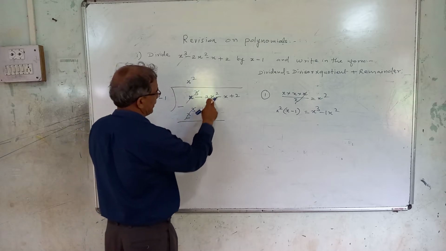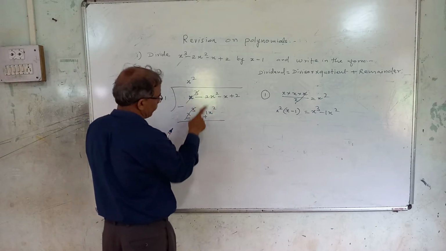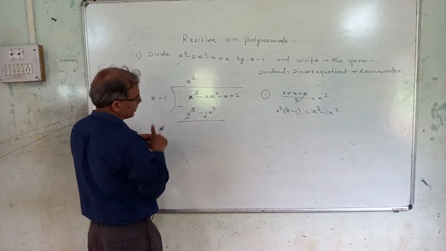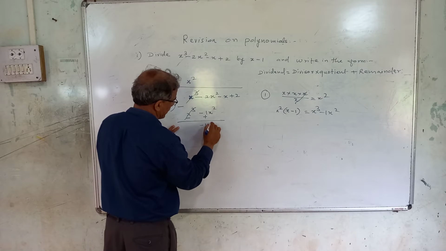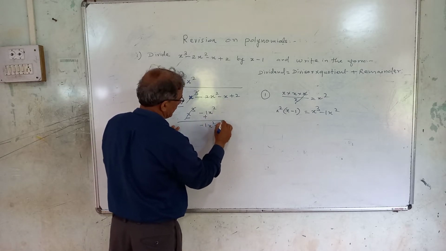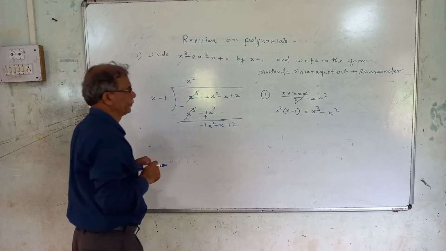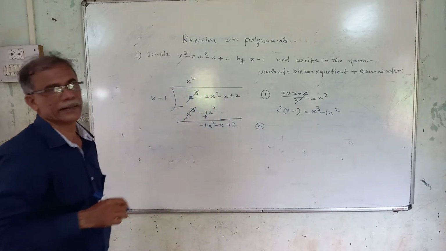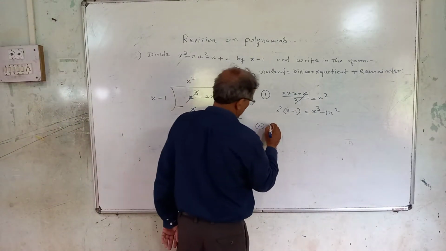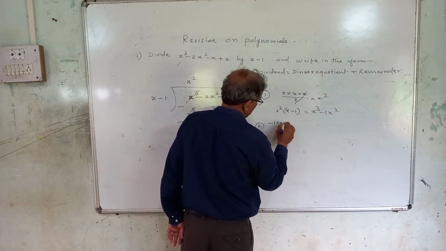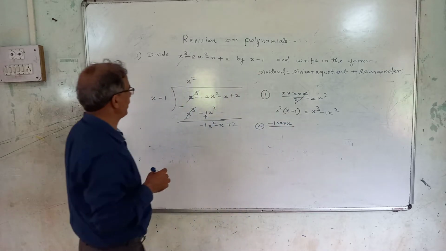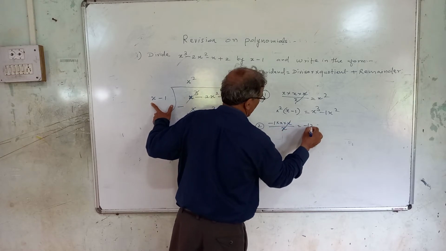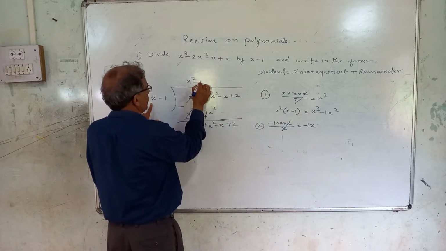Now this is x square, like term we can add. This is minus 2 and this now becomes plus 1. So minus 2 plus 1, how much? It is minus 1x square. Now you write on this minus here and plus 2. Now second. Now we have to cancel minus x square. Isn't it? Write that in product form. Minus 1 into x into x. Dividing by what? This x. So what is remaining? Minus 1x. We write this in quotient.